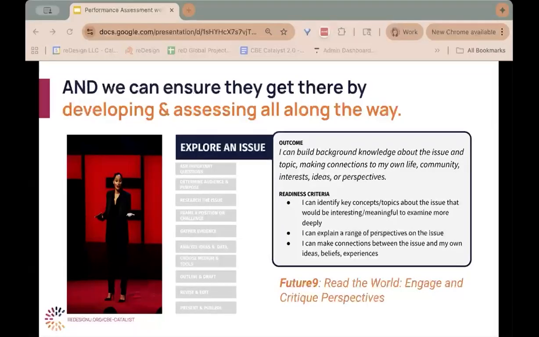And again, each of these thinking blocks and formative assessments along the way can be tied to skill development. In this case, explore an issue here is tied to engaging in critiquing perspectives in the Future 9.